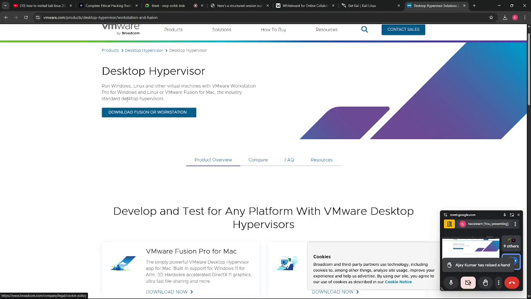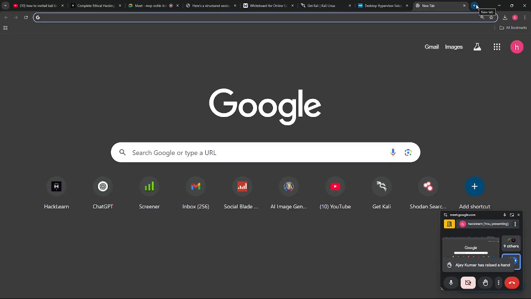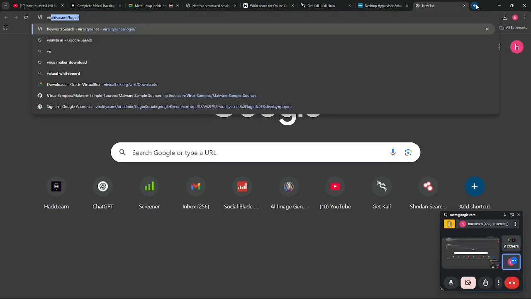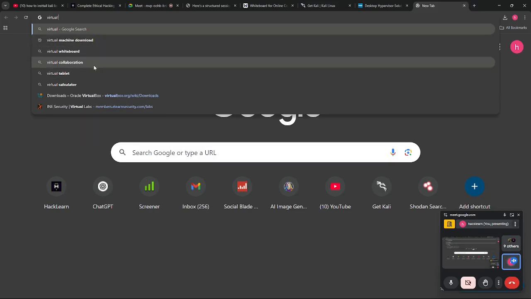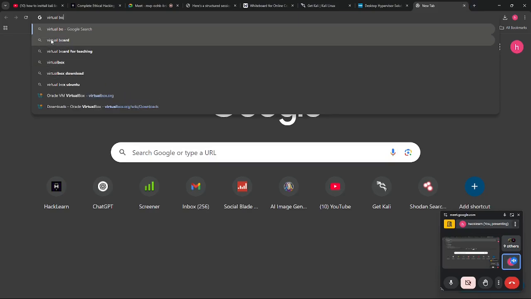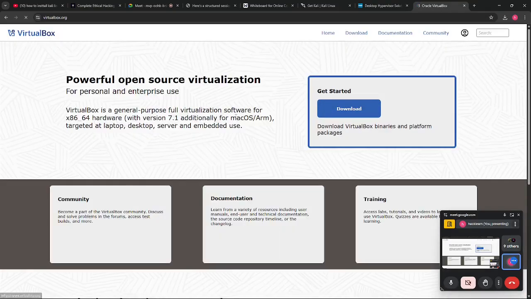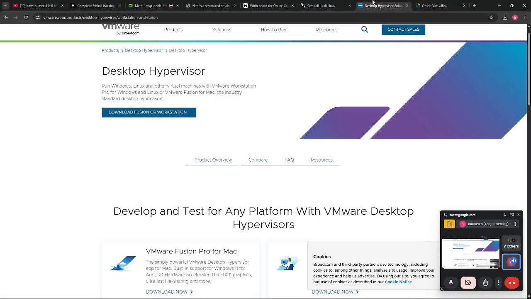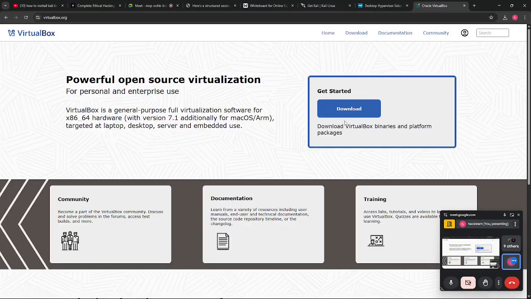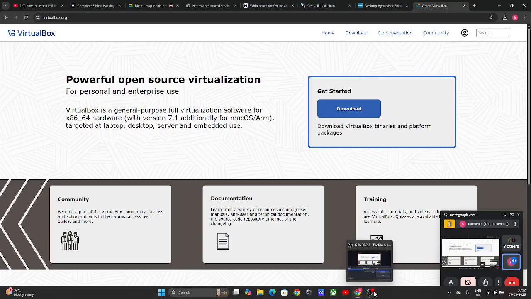So just download VMware Workstation, or there is another software, which is VirtualBox. Let me go with VirtualBox. You can install either VMware Workstation or VirtualBox, and after installing, let's assume you have installed